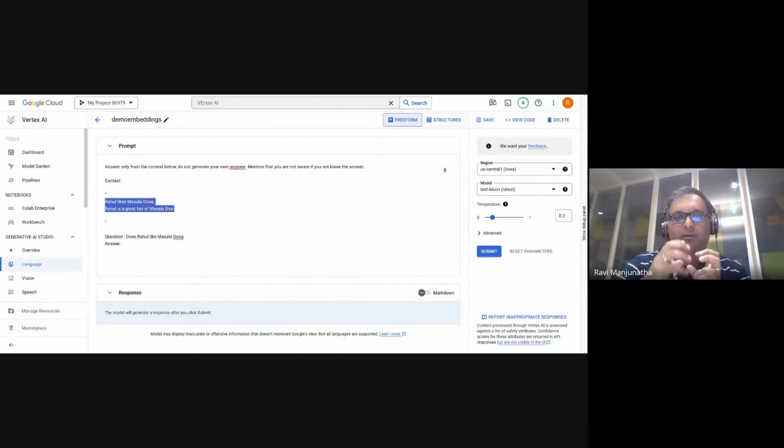And here I would tell the model that you should only answer from the context below, which is the text returned, and do not generate your own response. And if you are asking anything outside of this context, mention that you are not aware of the answer. So now when I go ahead and click this,